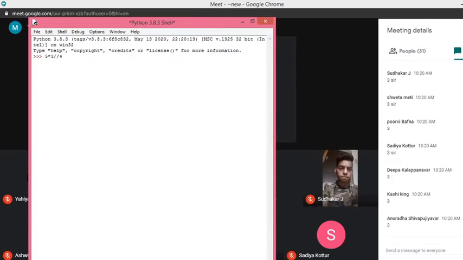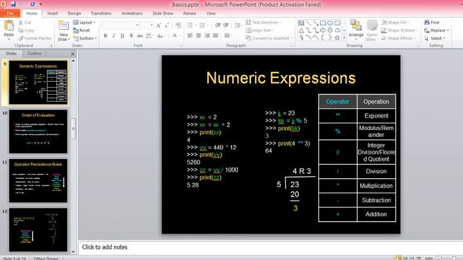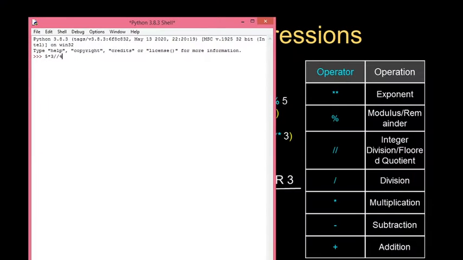Okay, now on the other side I will share the screen. Can you see this table? This is the order of precedence. As given in your book, for the arithmetic operators, exponent has the highest precedence, then the modulus operator, then integer division, multiplication, subtraction and addition. If we apply this rule, which one are we going to evaluate first here? The 3 // 4, that is 3 integer division 4, will be evaluated first. Am I correct?